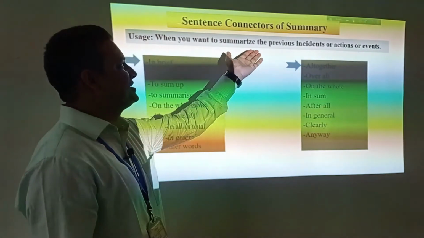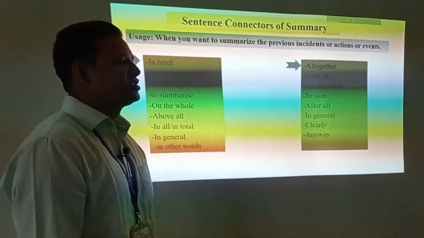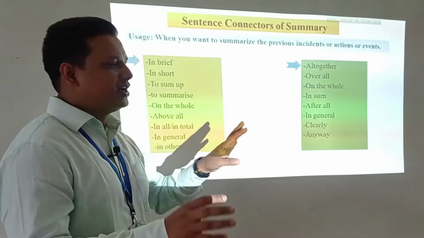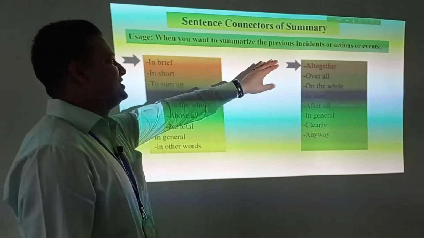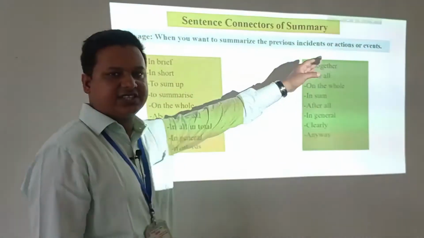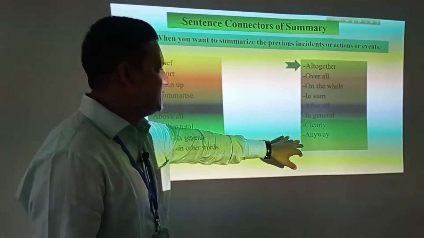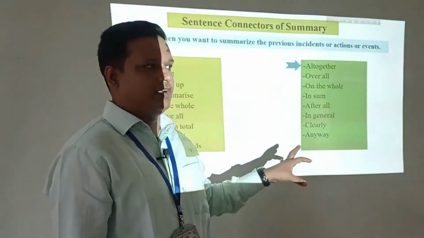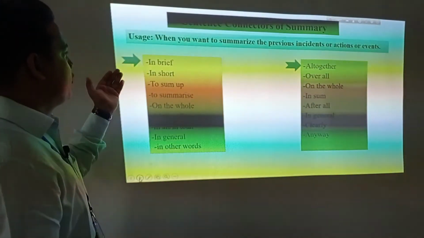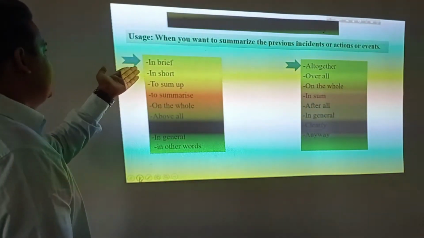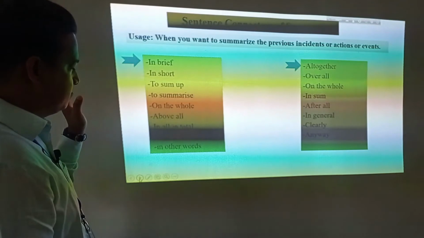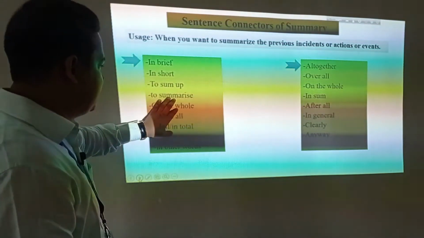When you want to summarize the previous incidents or actions or events, you can use any one of them. If you want to summarize your writing, then you can sum up with this type